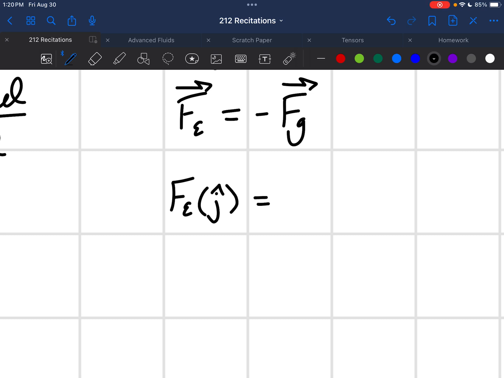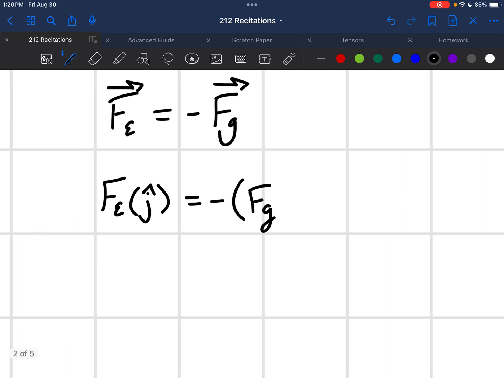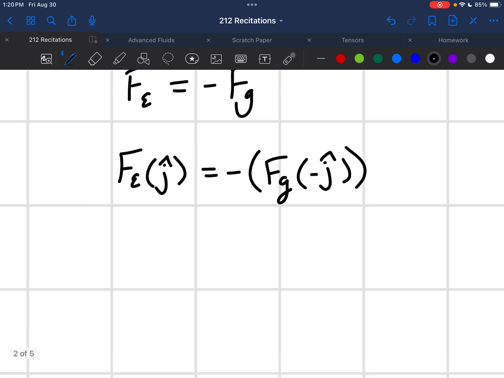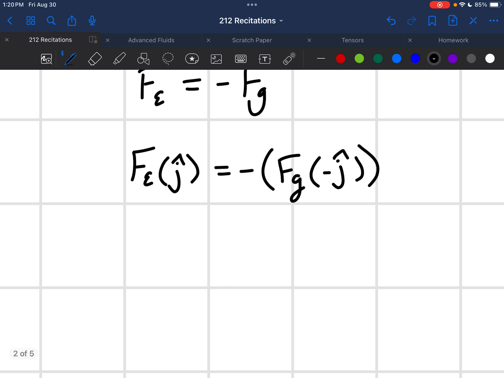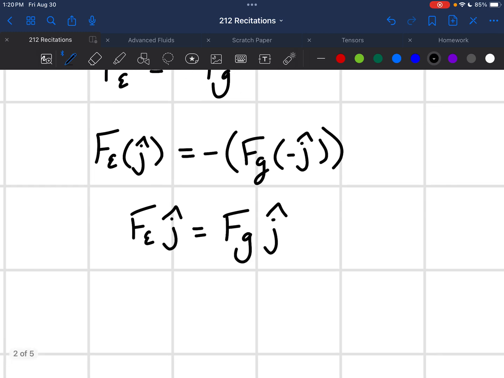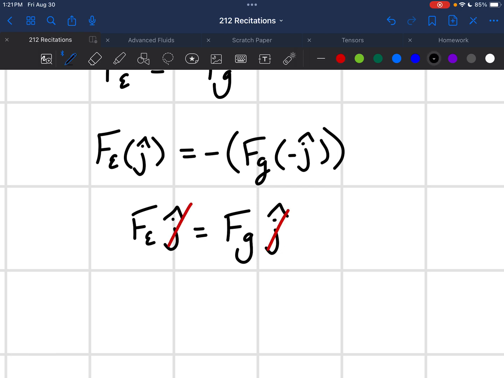And for gravity, I have my magnitude of the gravitational force, and that'll be going down, so it'll be in the negative j hat direction. Opening up, these two minus signs will cancel with each other. I'll have Fe j hat equals Fg j hat, and the j hat on both sides can cancel as well,